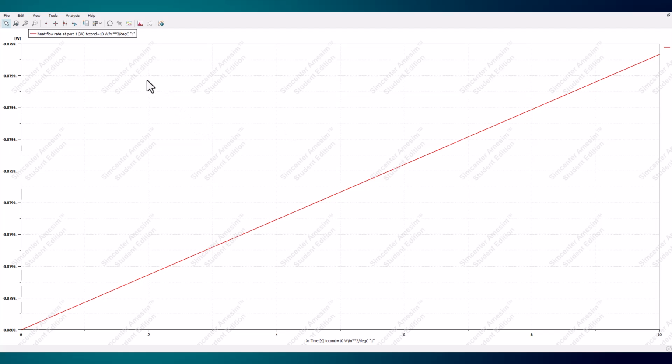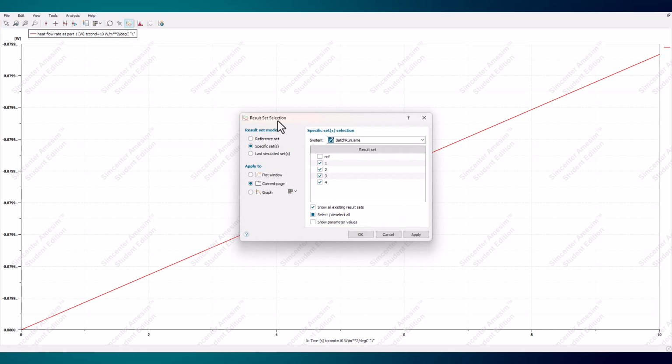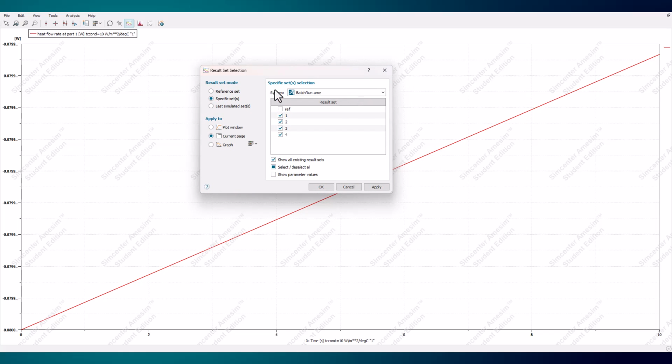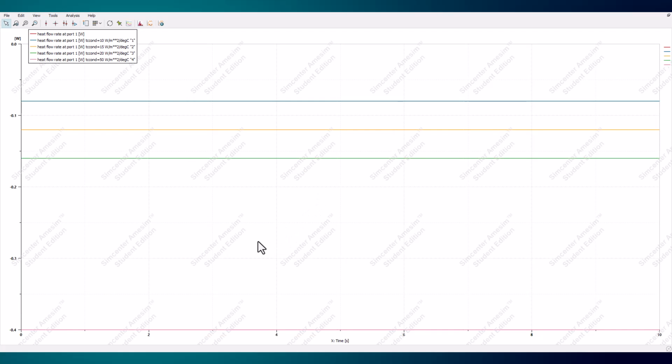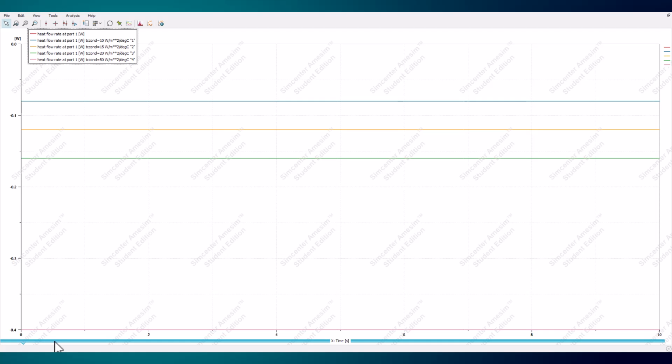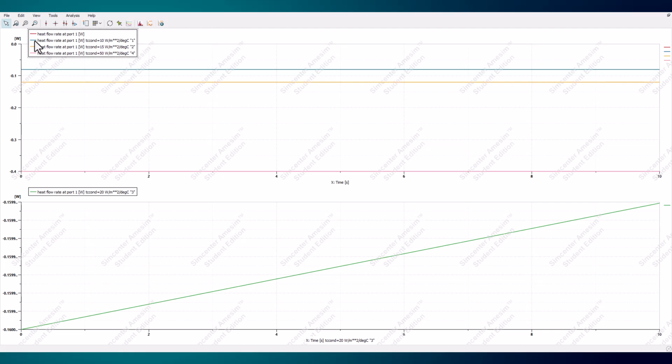To display the plots for each batch run, click on the Select Results to Plot button to the top. The window available lists every run that was performed with an option to display their values and can also select and deselect different runs to display. Selecting Select All will make them all available, and after pressing OK, each run's results are on the screen. To isolate a certain run, click and drag the line for the corresponding run to the bottom of the plot, displaying this plot on its own.